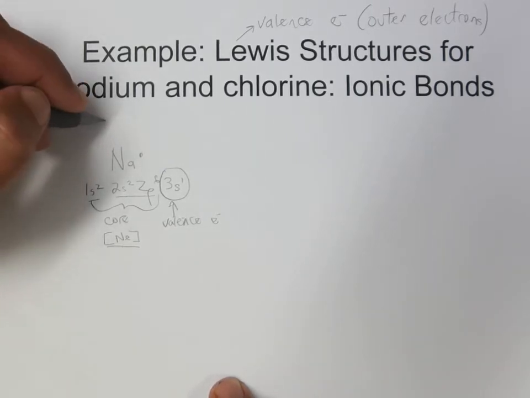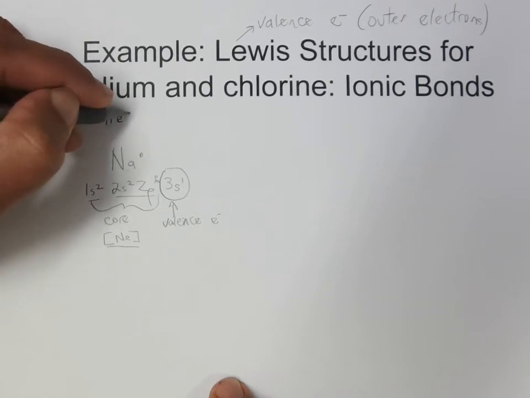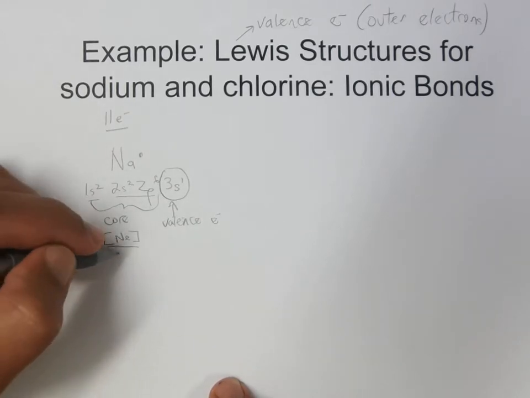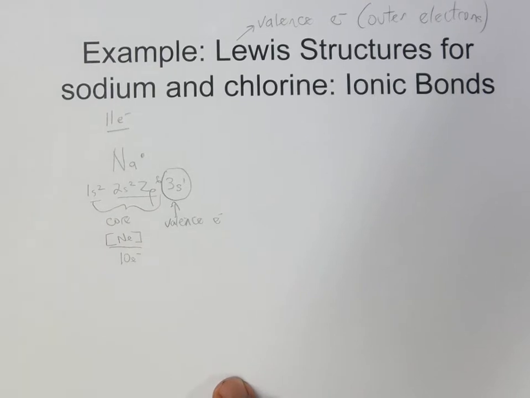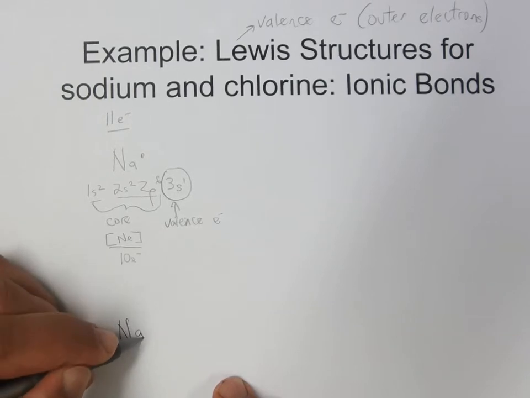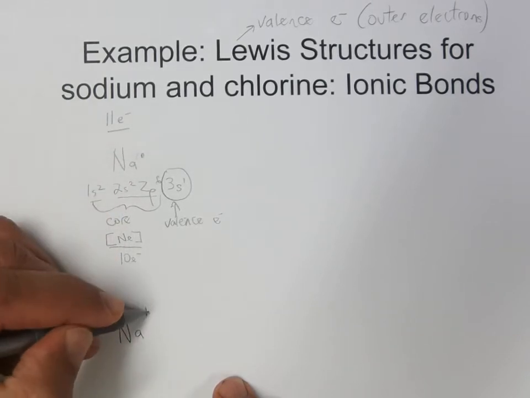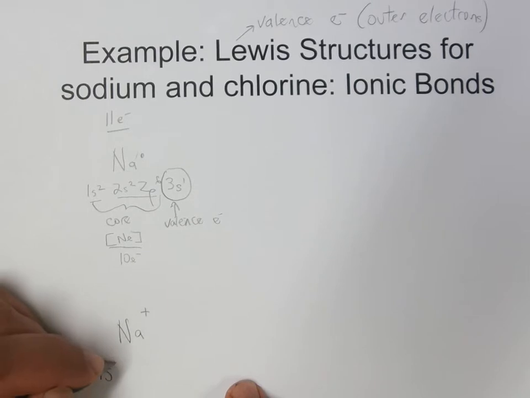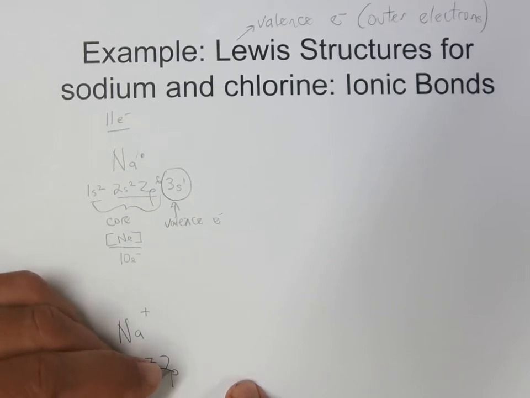Sodium, if you didn't look at the periodic table while I was working on this, has 11 electrons. Neon has 10 electrons. So sodium is really, really close to neon. It just has to lose the one valence electron to have the same number of electrons as neon. So if the sodium went ahead and lost that one valence electron, it would be a sodium plus ion, and then it would have the same electron configuration as neon, 1s2, 2s2, 2p6